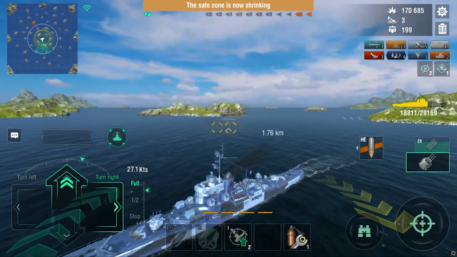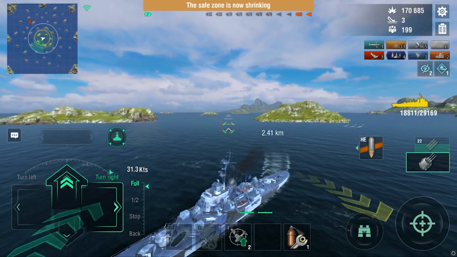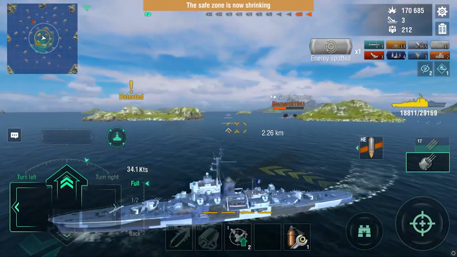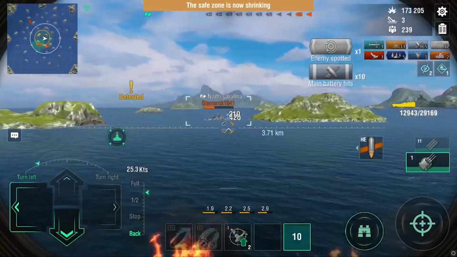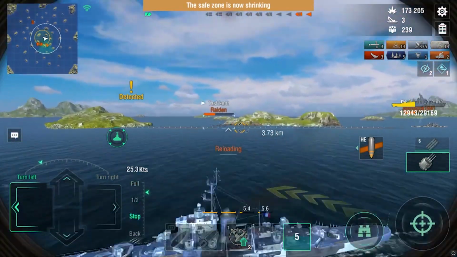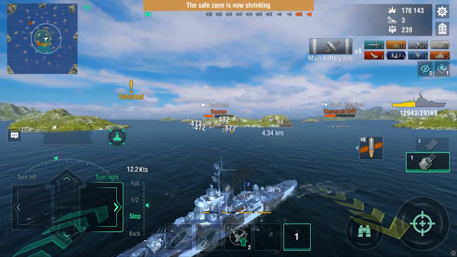So, I'm in the middle here, between the islands. We know there's a North Carolina coming, and this is where Blitz Royale becomes really fun, I think. When you're the top 3, top 4, it just gets so hectic. We're under half HP, and this North Carolina is firing HE at us. Now, that might have saved us, prolonged the fight a little bit, but no matter what shell type he's firing, he's gonna hurt us at this range. The Tashkent is also out, and